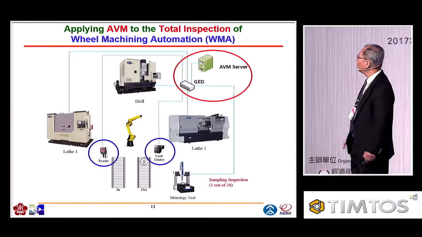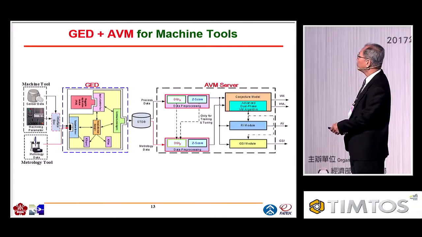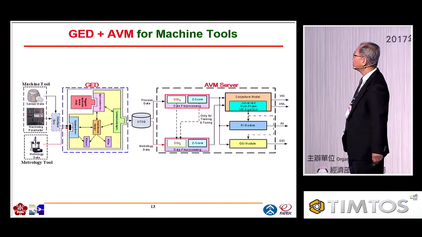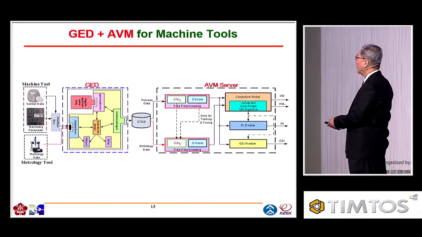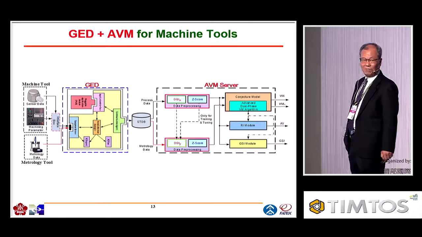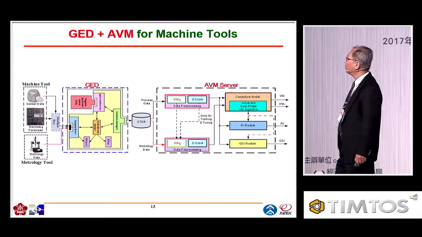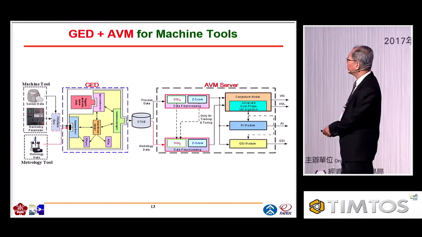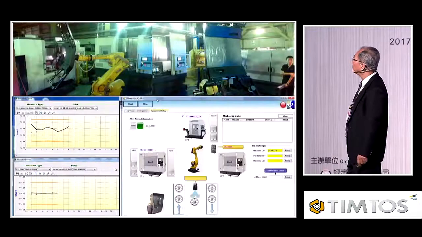for tuning the model. So you see, for the block diagram, this is the machine itself. So we will install the sensors in that. And of course, we still collect the necessary data from the controller also. And you see, this is the data collection device. Actually, this is one kind of IoT device. And it will collect not only the process data, but also the metrology data, and then feed it into the AVM server.